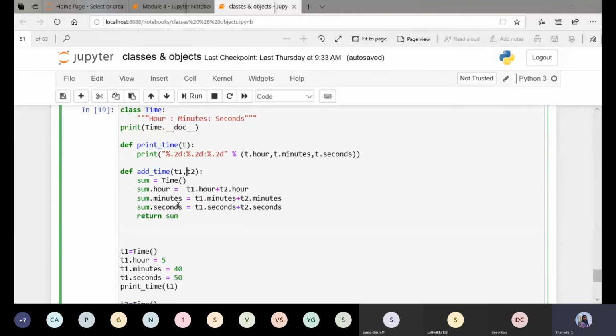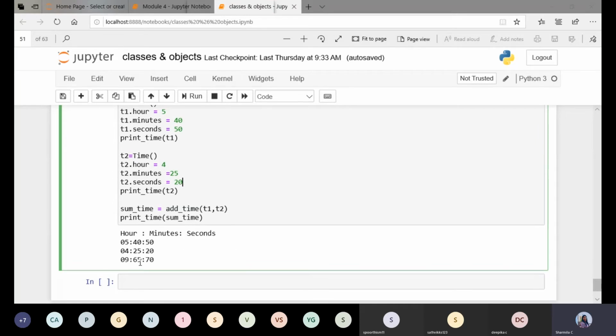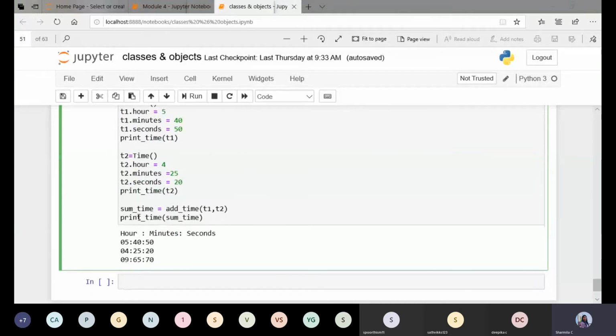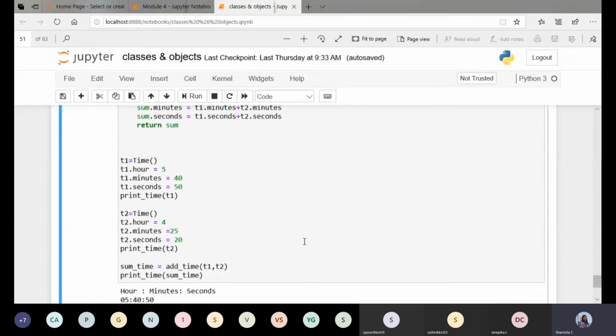Even after doing this operation t1 plus t2, the values of t1.hour, t1.minutes and t1.seconds, and similarly of object t2, are not changed. They remain the same. You can see here, if I do some modification like t1.hour plus equals t1.hour plus t2.hour, then after I execute this, the t1.hour value is changed to 9.